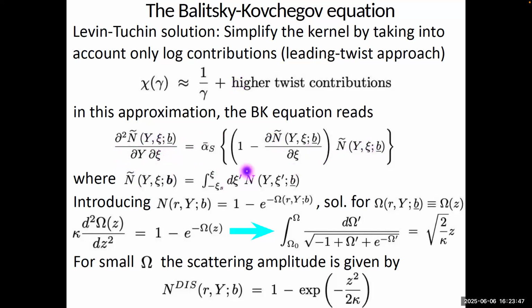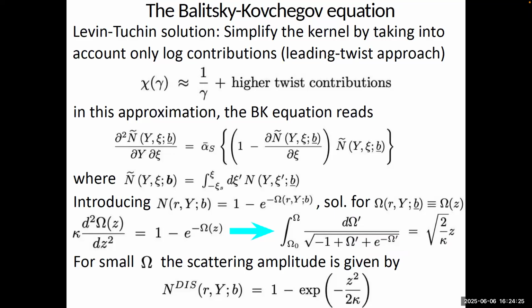It's still very complicated, but we can solve it. We can make some substitutions, 1 minus exponential of minus omega, and find an equation for omega. This is an implicit equation we cannot solve analytically, but for a small omega, we can solve it, and it takes this formula, which is very well known in the context of saturation physics. So far I have described how this famous formula is found in the context of the leading twist approximation,